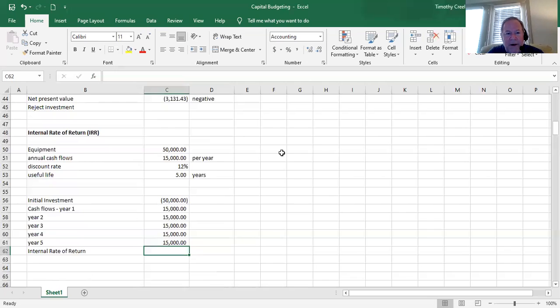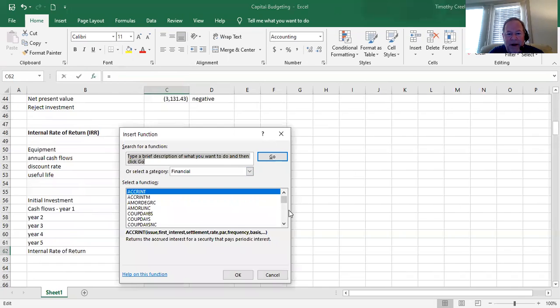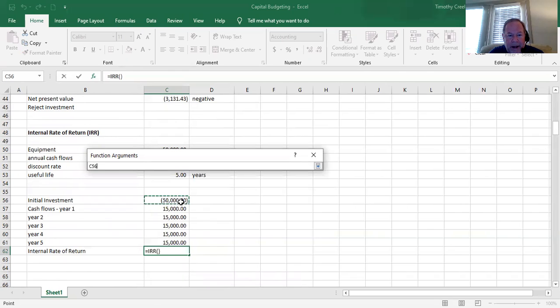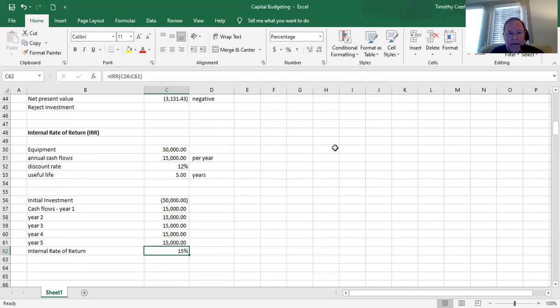Now, let's find out what the internal rate of return is. So I would go up here to the insert function. And again, I'm on financial. And this time I'm going to go down to IRR for internal rate of return. I click on it, hit OK. And I'm basically just going to click this thing here, and highlight that entire area that I just put in there. Hit enter, and then OK. And it's going to give you your internal rate of return here. I can take it over a couple of places, and you see that it's 15.24%.